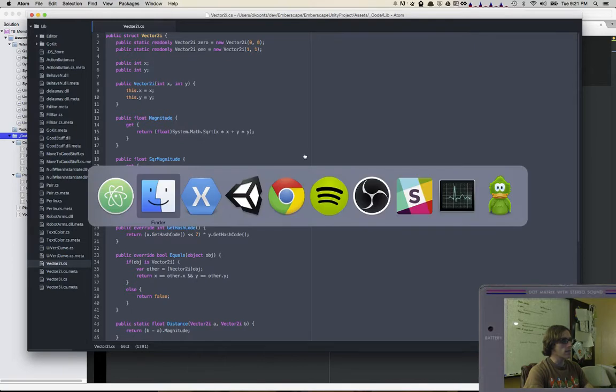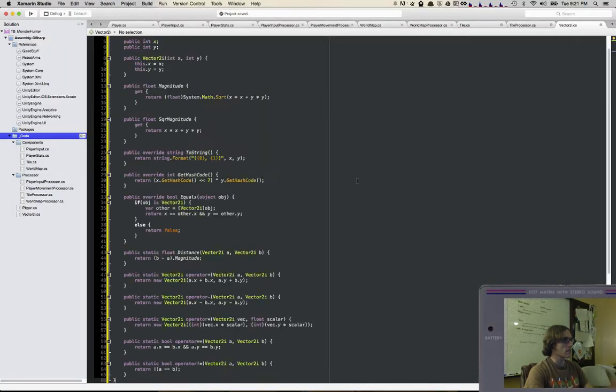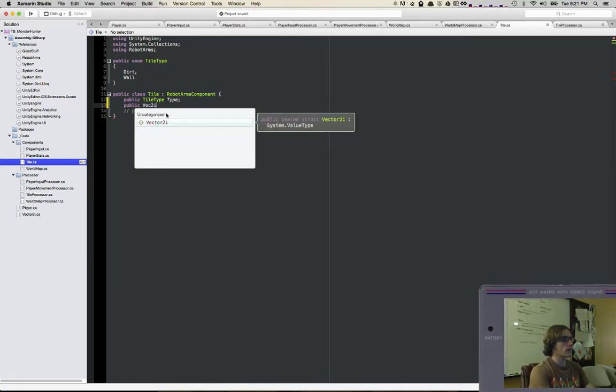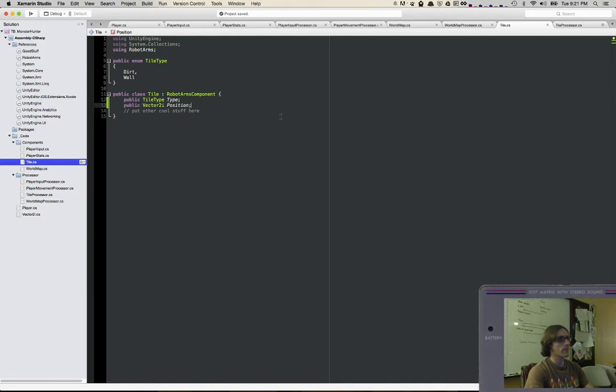Okay, copying that, pasting. Okay, there we go. So there's our Vector2i class,